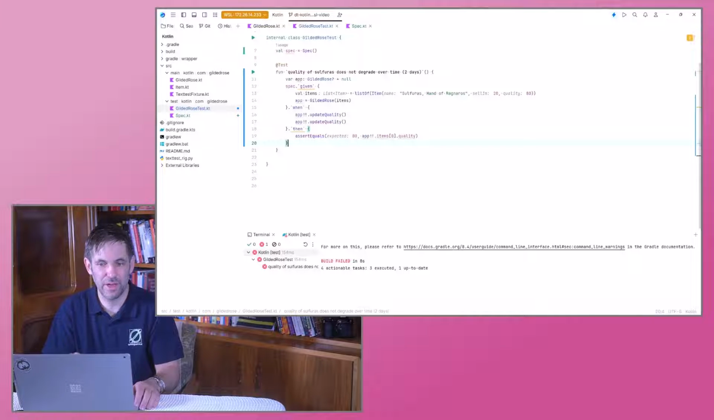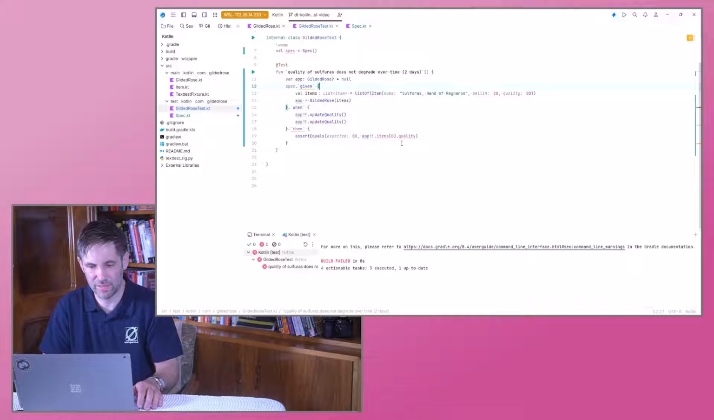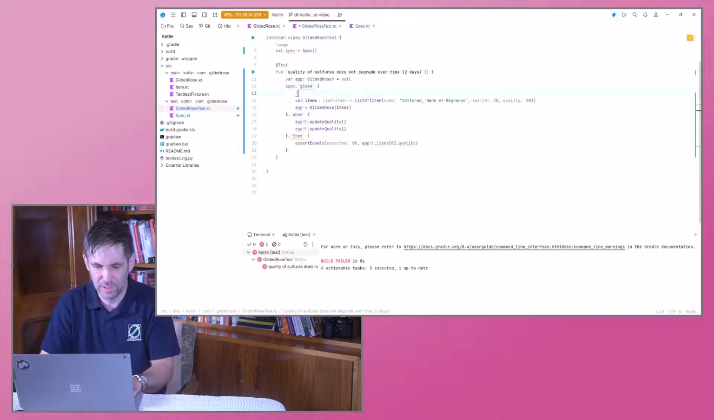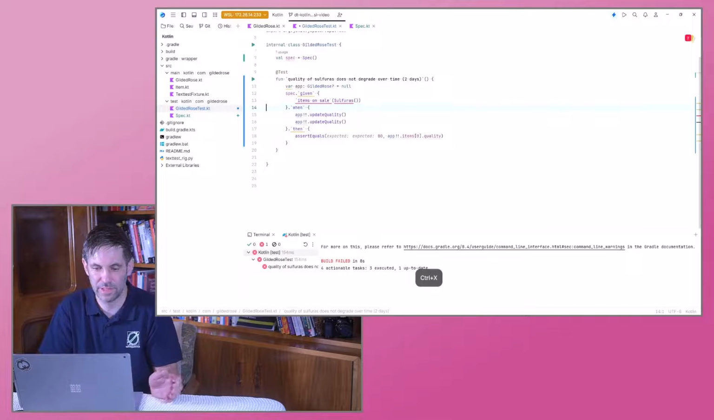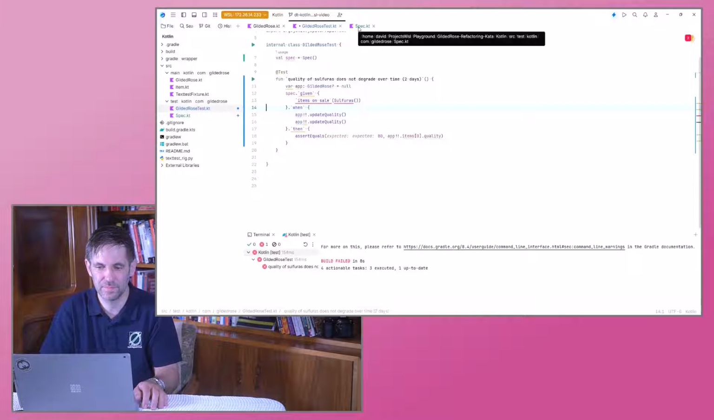The next thing I want to do is I want to get rid of those double exclamation marks, and for that I want to simplify the setup code in the given here. So I actually want to write something like that, given. So that's the goal here. And here's how I'll do that. In the given,